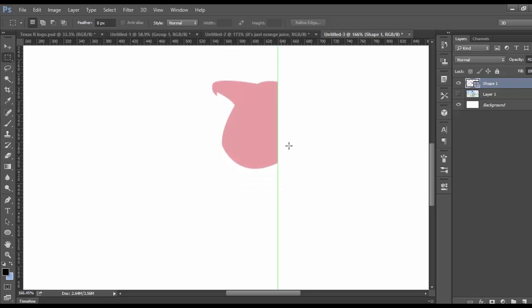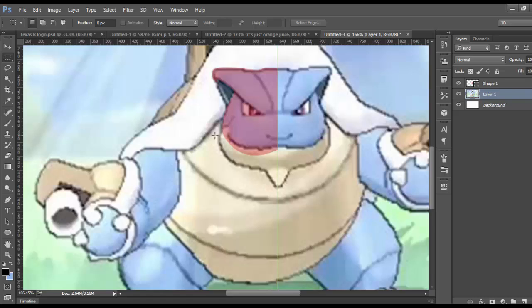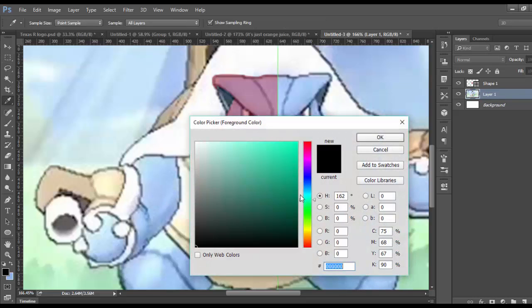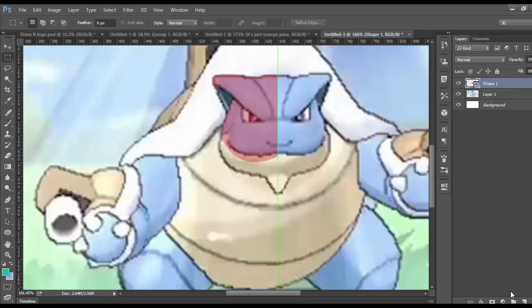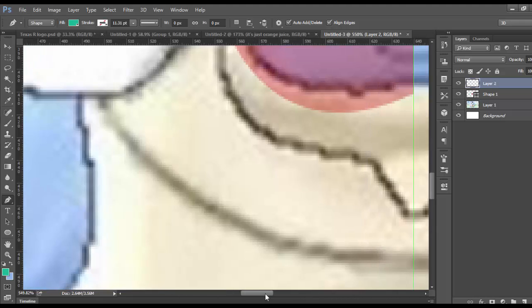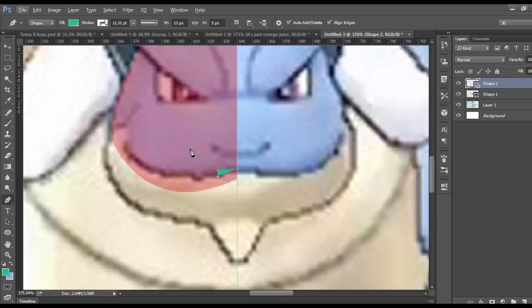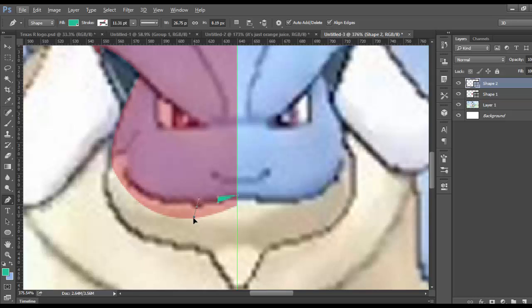So it's kind of looking, well, it doesn't really look like anything right now, but after you have several layers of stuff and then you put them all together, it will be looking like the shape you wanted. So right here we're going to change this to a different color. Doesn't matter what color. At the end we're going to be modifying it, but if you want to do the color as you're going by, you can totally do that. So make sure you add a new layer to the image, and right here is what I said we can do. So we're gonna do this, and then once we're right here, we go up